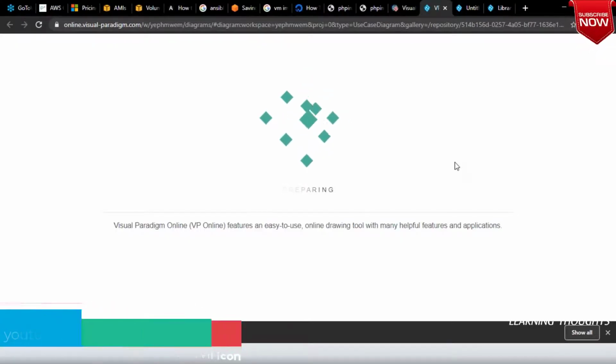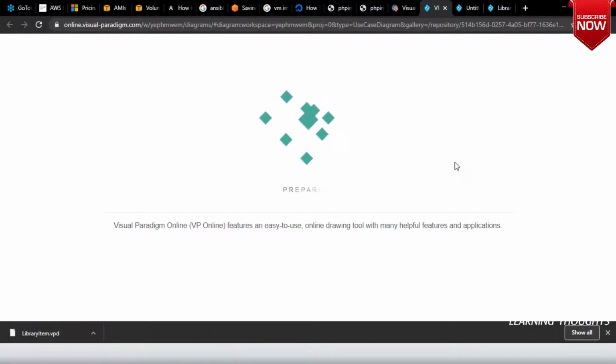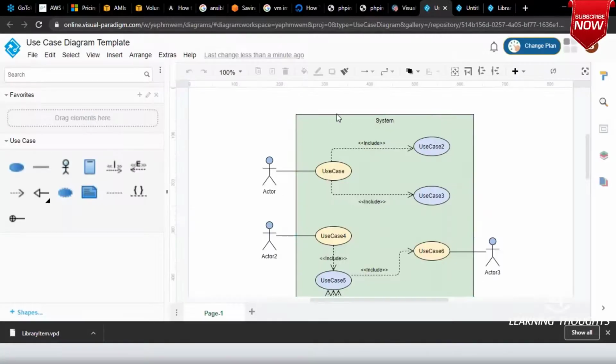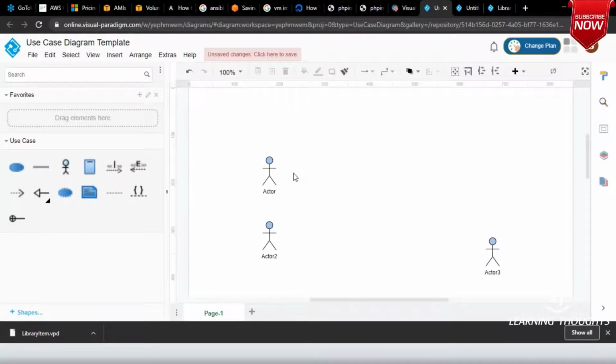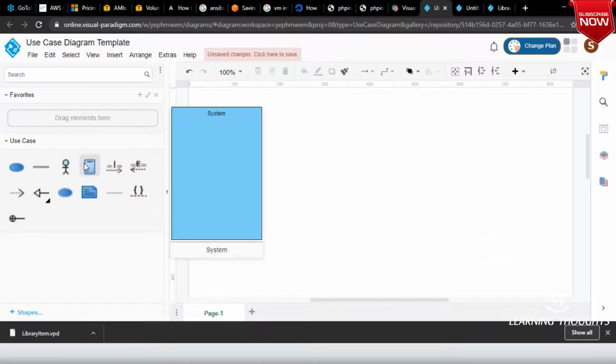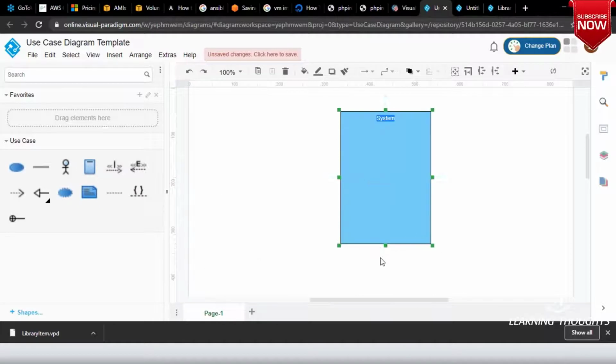I don't like templates. I want everything from blank. Let me remove all of this. Right. So first we have a system, and this system is nothing but your bank ATM.